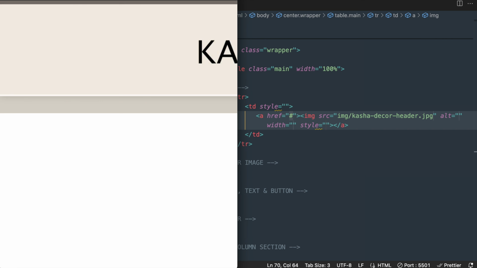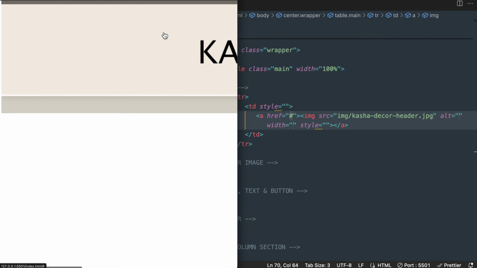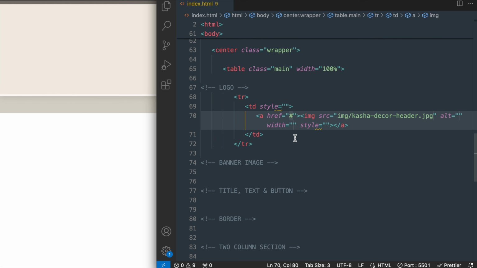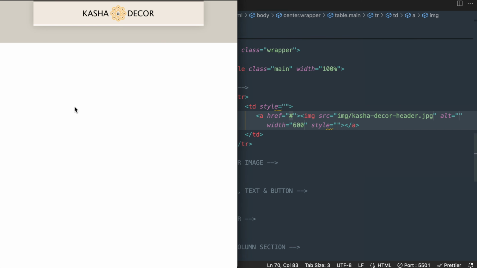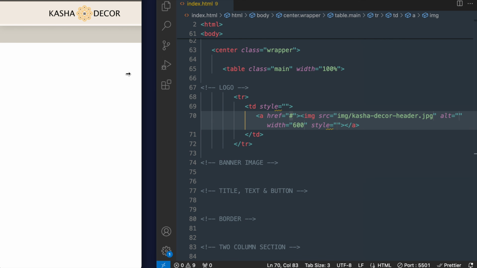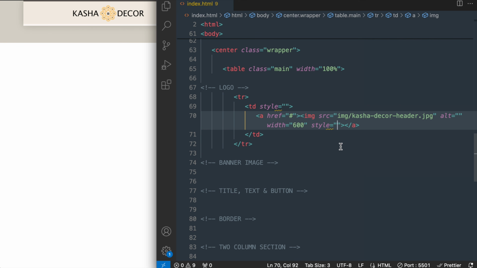kashadecorheader.jpg. So now if we take a look at it, we're going to see it displaying at its full size because we haven't given it a width yet. So we'll apply a width which is the same as the main table, which is 600 pixels. We don't need to include px or pixels when we set a width inside of an attribute. Right now though, we'll have a fixed width, so it's not going to be responsive. So in order to make it responsive, we'll include max width 100%, which is sort of the opposite CSS that